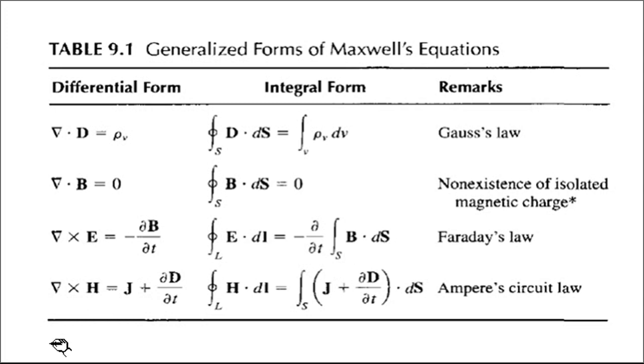The second Maxwell's equation, del cross H bar. Now this is electric field intensity, this is magnetic field intensity. This del cross H bar, the magnetic field intensity, is given by J bar plus dou D bar by dou t. Now what is this B bar? This is magnetic flux density. This is electric flux density. So on the left hand side I have electric field intensity, on the right hand side I have magnetic flux density. On the left hand side I have magnetic field intensity, on the right hand side I have electric flux density.